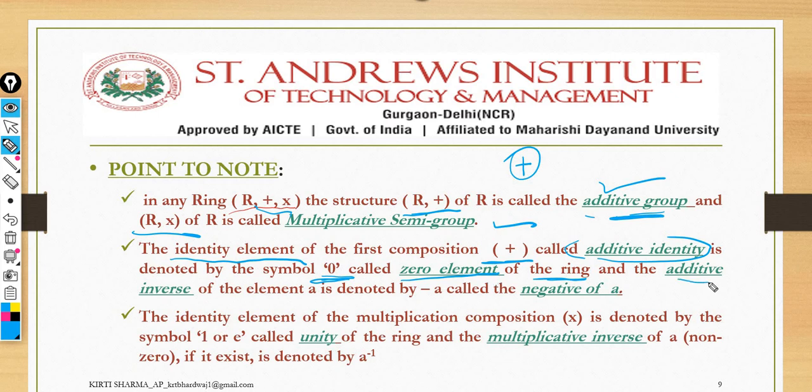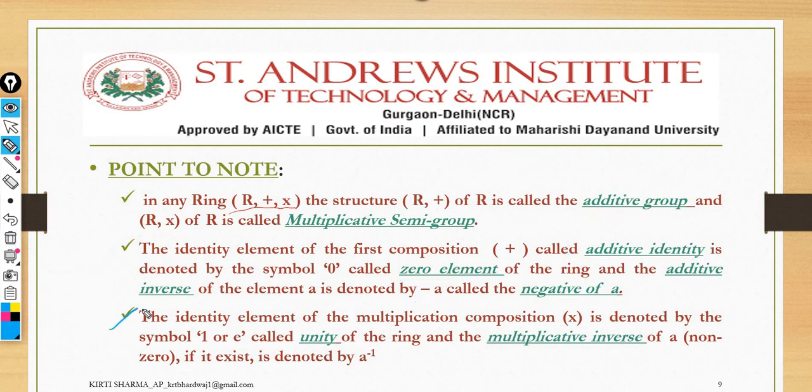The inverse of this additive: if you're taking any element A and doing the subtraction, the negative of A, then it will give you the identity element. As we have already discussed, if I'm taking the integer value 3, in the case of the addition operation, what should be the value here to get the identity 0? Of course it should be minus 3 itself. So if you are taking any A, the inverse of that A will be the negative of that value, to get the identity element. So the inverse will be the negative of A, right?